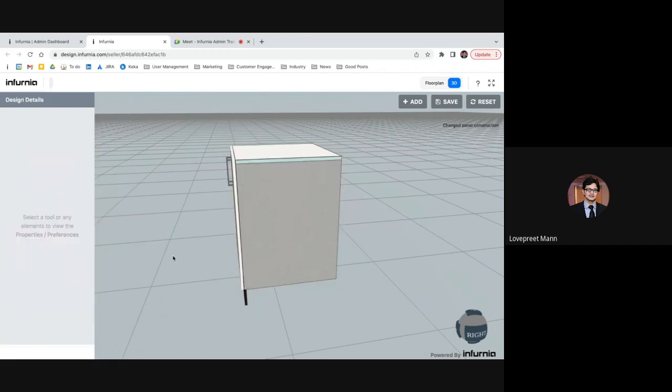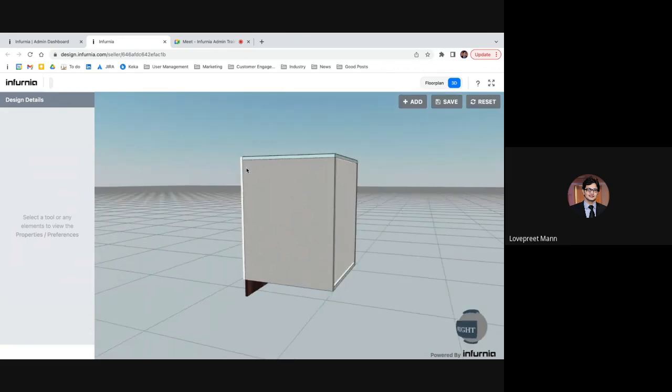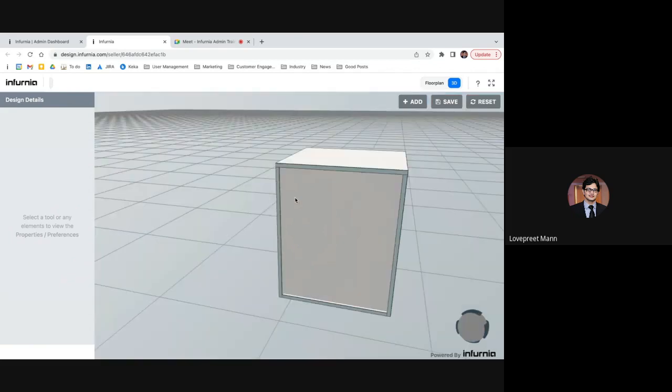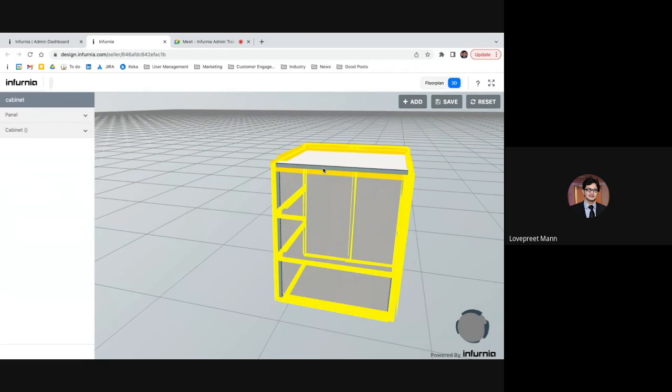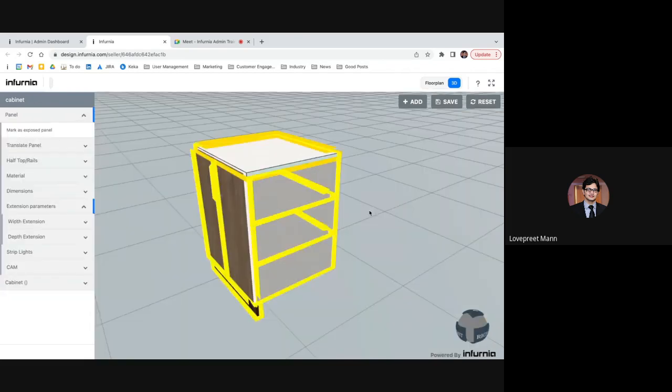The advantage of extensions and the way extensions work is this is a relative amount. You're not specifying the absolute dimensions. The actual dimensions come as a combination of how the carcass is constructed plus any extension parameters that you give, right? Over here, for example, if I stretch this top panel and I say that extended towards,